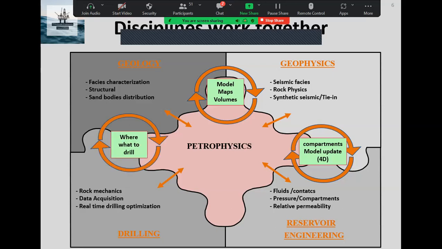The link is made from the well to the seismic profile. As seen earlier, the seismic then has a geological meaning. The model can be built, maps expected, predictions can be made, and volumes calculated. You can see that all departments work with each other. Also, all of them have specific relations with petrophysical data and petrophysical results.